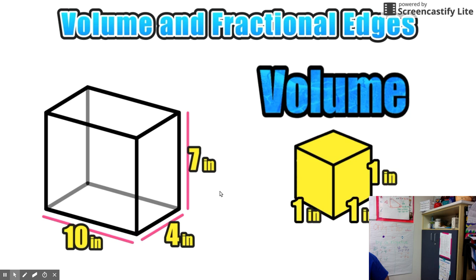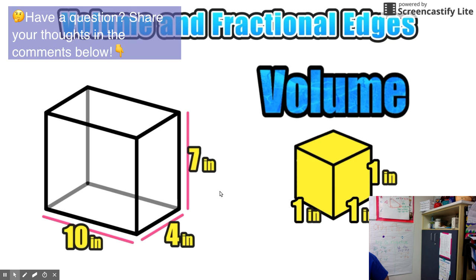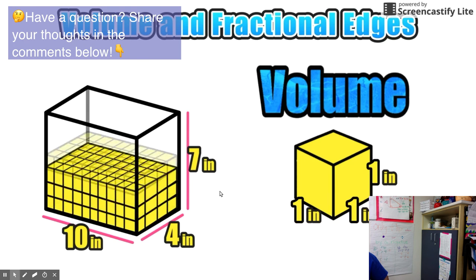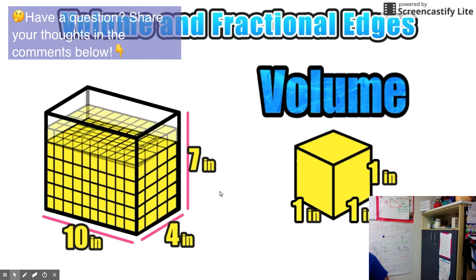And since the length, width, and height of the prism shown is measured in inches, our unit cube will have a length of 1 inch, a width of 1 inch, and a height of 1 inch. So if we were to take our rectangular prism and completely fill it from bottom to top with these 1 inch unit cubes, and then count the total number of cubes, that final total would represent the volume of the